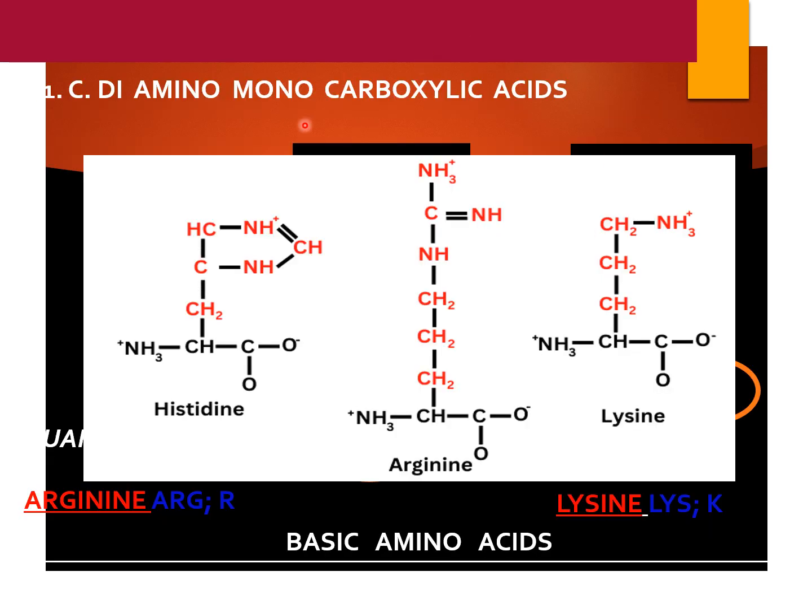So then diamino monocarboxylic acids. These are the basic amino acids. The representatives are arginine and lysine. Arginine, you can see it here. This is the basic skeleton of all amino acids: C alpha carbon, COOH group, and the NH3 group. In the side chain, there is CH2, CH2, CH2, like a three carbon chain. And here at the end, there is a guanidinium group, a highly basic group because of the presence of three